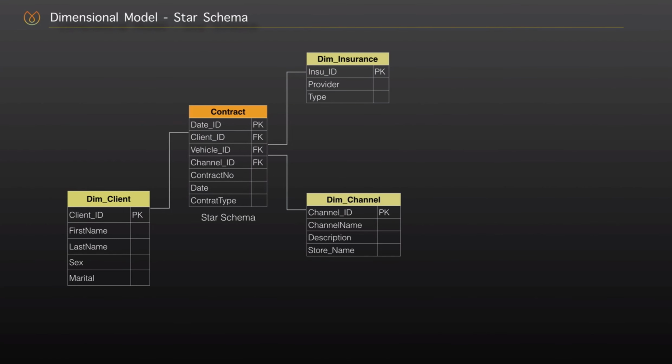Okay, welcome back. Now we will see how to convert a dimensional model to data vault. In a typical star schema, a fact table is surrounded by dimension tables. So in our scenario, we have a business model for an insurance company, and in a simple way, the client would